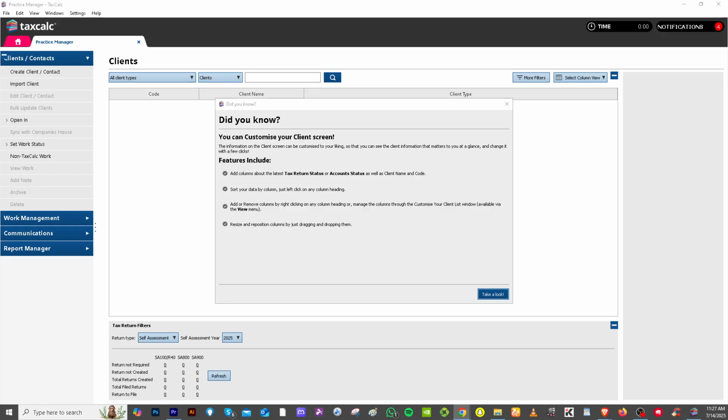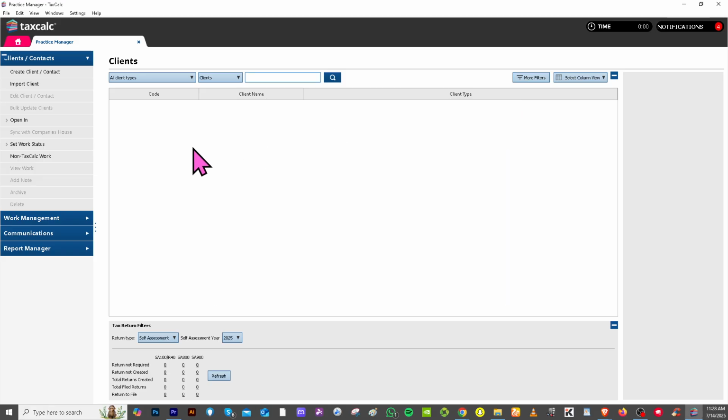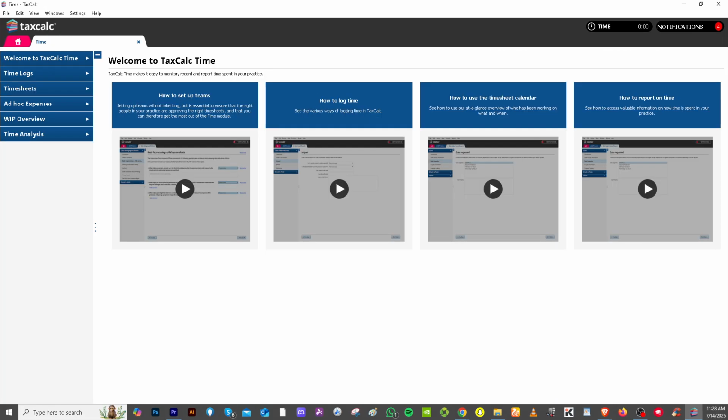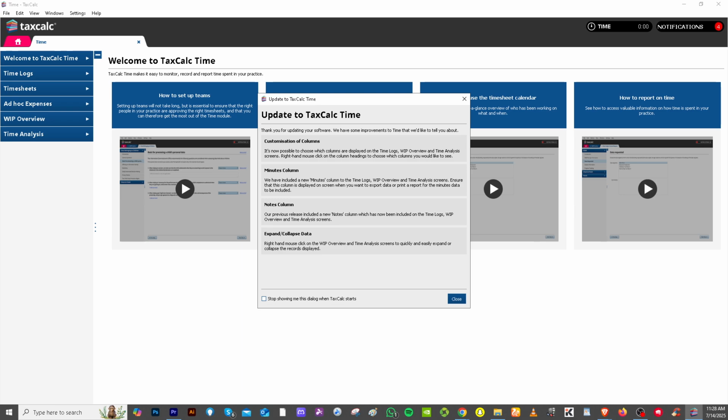So with this, you have access to the central hub for managing your entire practice. It helps you take clients and engagements, assign tasks, and manage deadlines. You can monitor staff performance and workload and improve workflow visibility with dashboards and reports. I'm going to click that, and I'm going back here to the time section for the module designed for billing